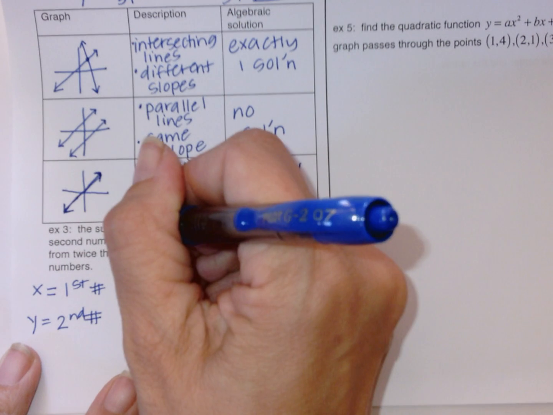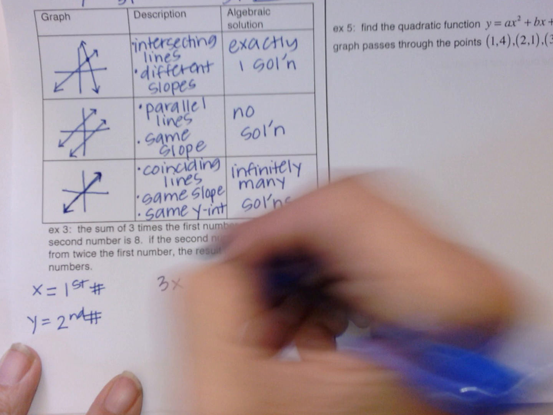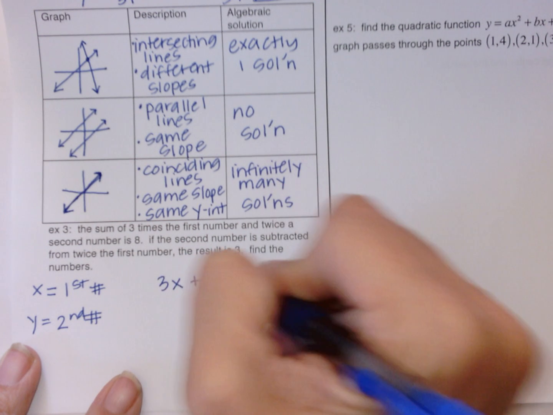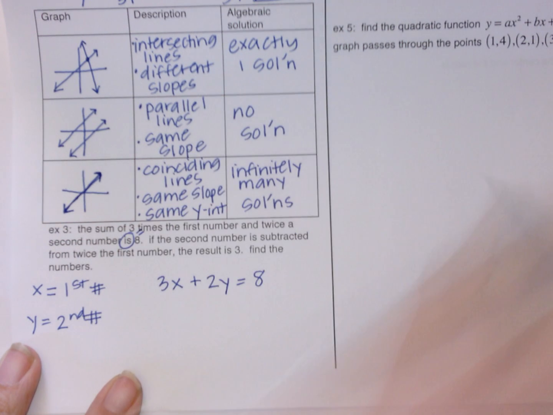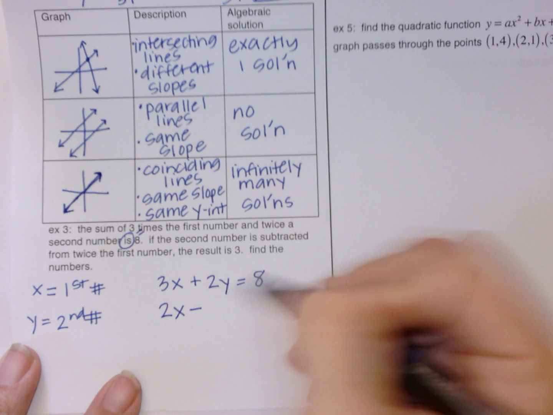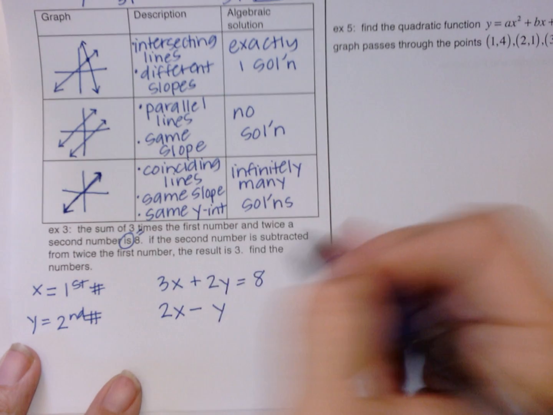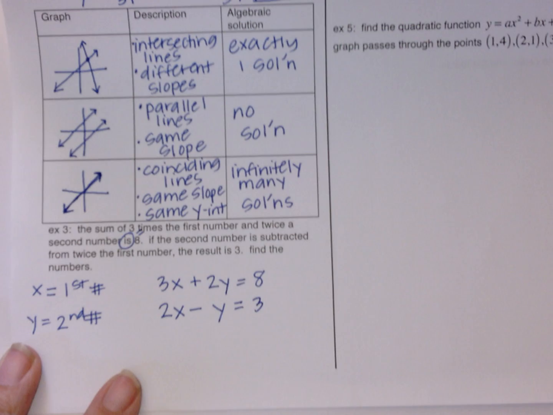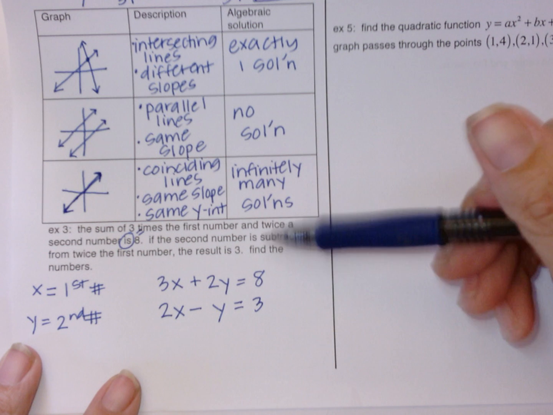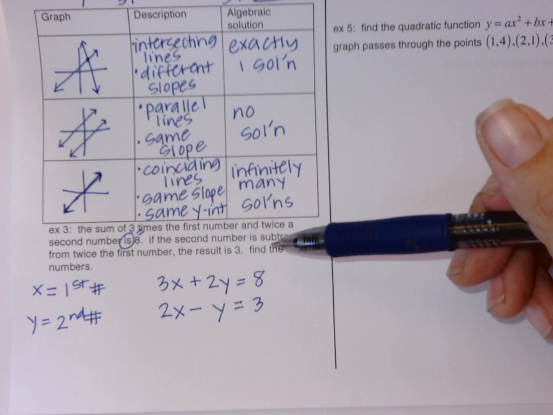So the sum means add, 3 times the first number, so I would write that, and twice the second number, plus 2y, is 8. So is in math means equal, so there's a good hint. If the second number is subtracted from twice the first number, so we take the second number and subtract it from twice the first number, the result is 3. And then find the numbers. So we're not actually going to find the numbers because the challenging part of this one is to set up the equation. I'm confident you could use the elimination method to solve that. So we're just going to go ahead and move on to